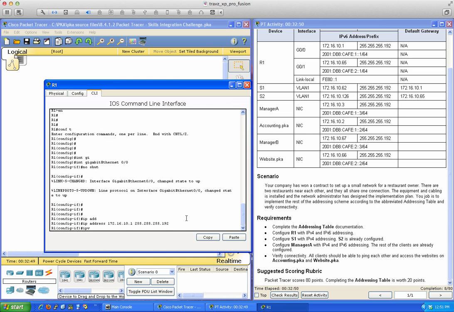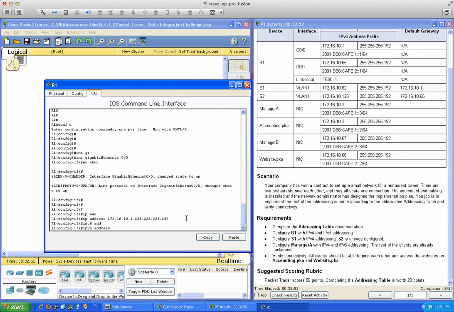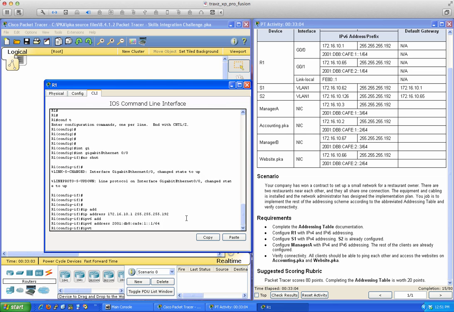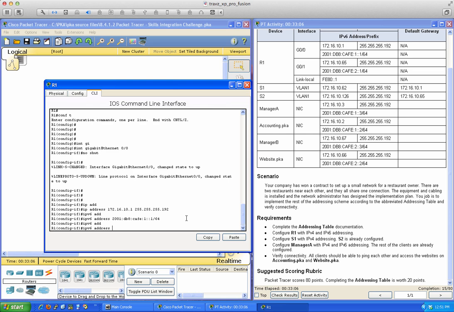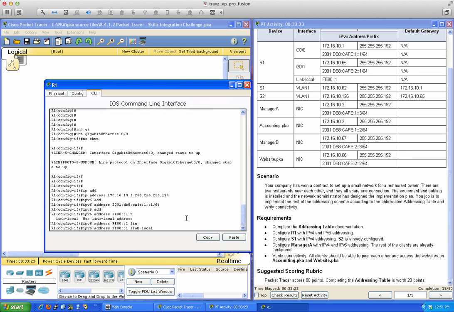We're also going to put our IPv6 information on here. So the IPv6 address for gigabit 0/0 is 2001:db8:cafe:1::1/64. And we also want to put our IPv6 link local address on here. This is going to be the address that any IPv6 queries will be looking at for their default gateway address. And so the IPv6 link local address is going to be FE80::1, and if you do the question mark here, you're going to go ahead and establish that as the link